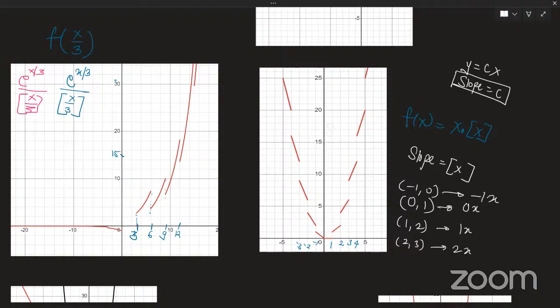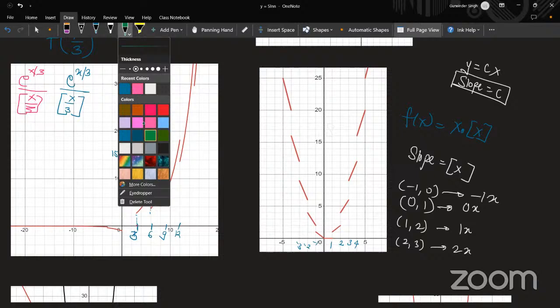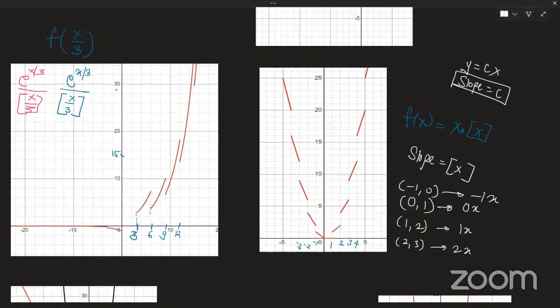Similarly, between 1 and 2, it is behaving like 1x. Between 2 and 3, 2x. Between 3 and 4, 3x. Between 4 and 5, 4x. If you move to the left side, -1x, -2x, -3x, -4x, -5x. There is again this property we had learned yesterday also. This property will again follow: if you extend any of these lines, they will pass through